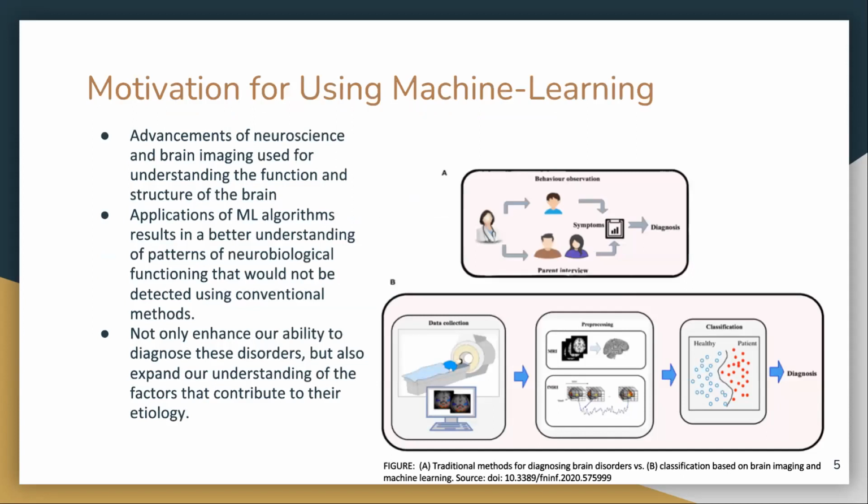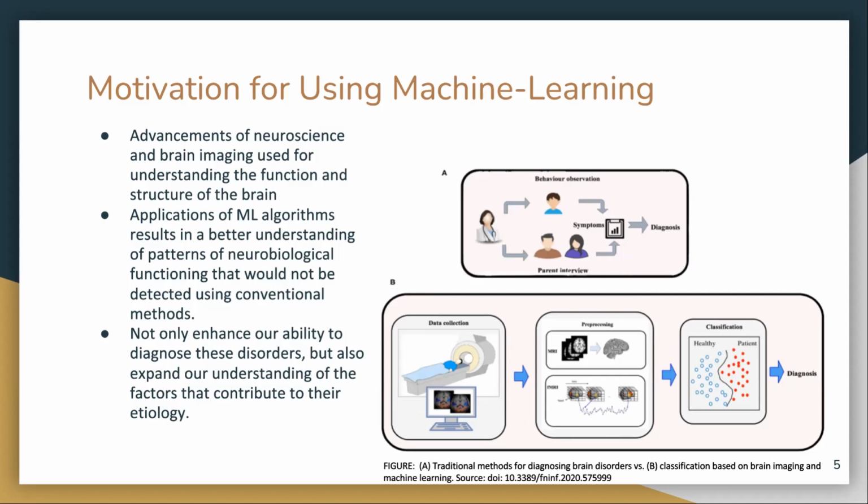Now I will discuss the motivation for using machine learning in autism spectrum disorder. We can use machine learning to analyze vast clinical records to enhance patient outcomes, to speed up the innovation of treatments and remedies, and computerize repetitive tasks and reduce the chance of human mistakes. Further, recent advancements in neuroscience and brain imaging have opened the door to understanding the function and structure of the brain in more detail. Researchers are working with machine learning methods to study the relationship among various brain regions and their feature vectors.